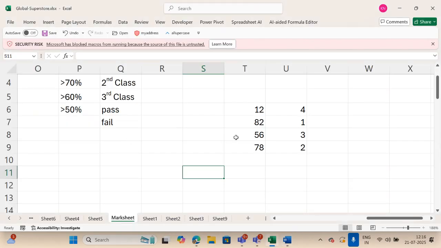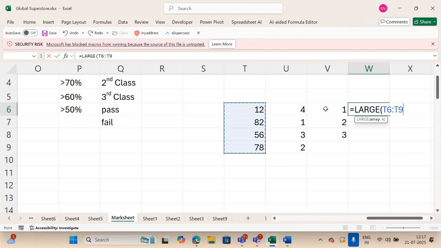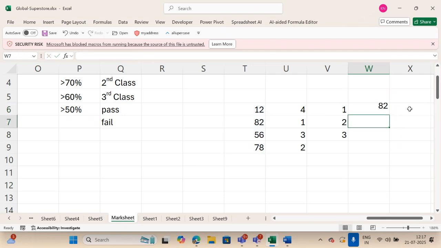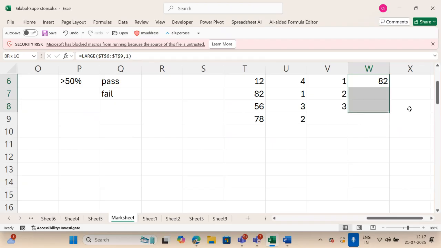अब इसको कैसे करेंगे, मुझे इसमें 3 रैंक चाहिए ना, 1, 2, 3 चाहिए। तो इज इक्वल टू LARGE, देन दिस कॉमा 1, ये फर्स्ट लार्जेस्ट आ गया, और इसको डॉलर साइन के साथ फिक्स कर दीजिए। देन, ये देखिए, अब ये 1 ही क्यों है, क्योंकि ये हाथ से लिखा है, इसको आप 1, 2, 3 कर दीजिए। देखिए फर्स्ट हाईएस्ट, सेकेंड हाईएस्ट एंड थर्ड हाईएस्ट, इन तीनों को रैंक दे देंगे आप।